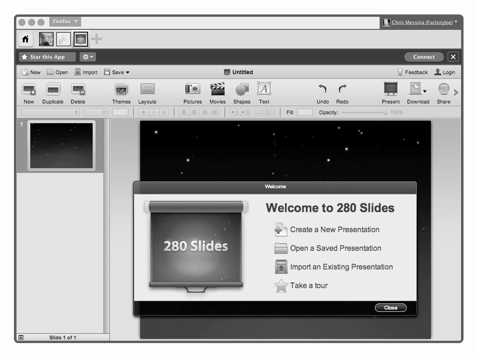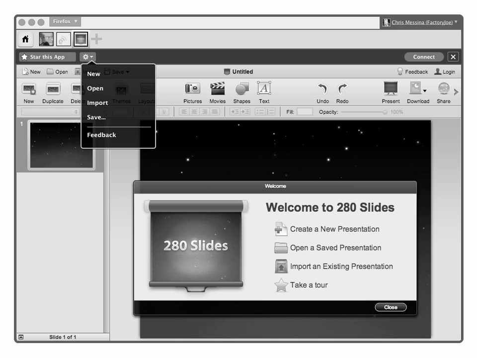What's also interesting about web apps is that they should be able to provide a list of the different functions or verbs that they support. So as you can see here, right below the Star This App button, there's new, open, import, save, feedback, and login. Well, all of those verbs are things that essentially the social agent should be able to pick up in some sort of manifest, some kind of list of actions that the browser can take. And it provides them to the user as part of the interface.